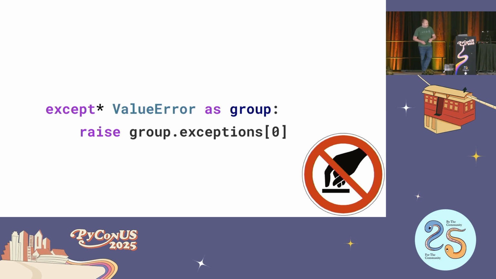So I have a currently open PEP, which is aimed at Python 3.15, which we don't have yet and we won't have till October next year. But I propose basically some new helper methods to give us a list of the leaf exceptions with their complete concatenated tracebacks. Until then, it's going to be a little awkward. Once I finish working out the API, we'll have some nice helper functions in the backport, though.